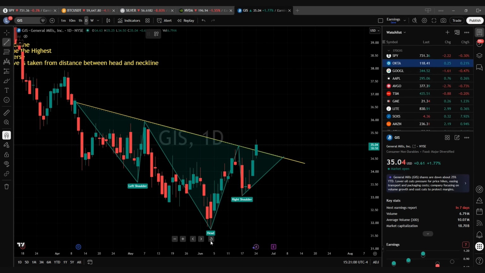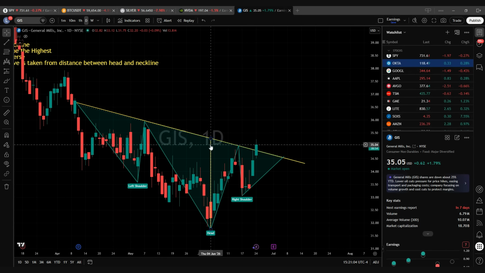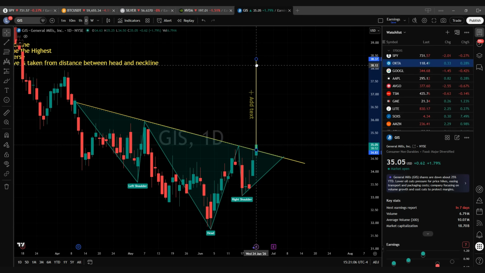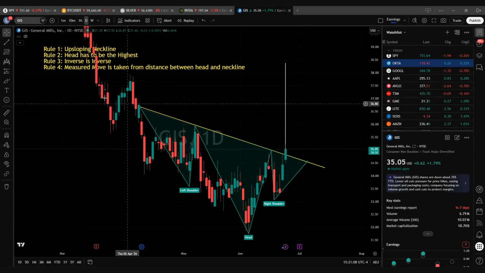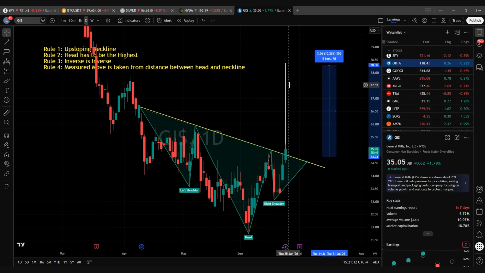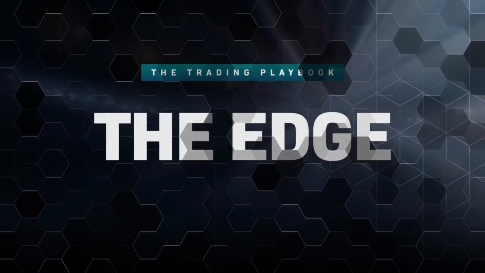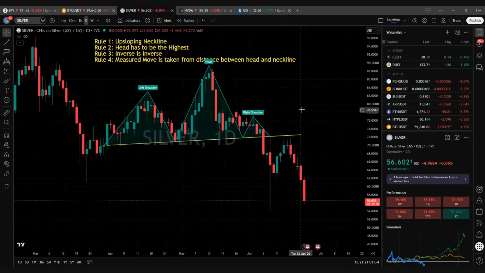And if we want to get that neckline perfect, let's go ahead and find that measured move, right? This is a bullish pattern because it's inverse, so we're looking at downsloping trend lines, is a move 10% to the upside, all right? Now let's talk a little bit about the edge that you have when trading this,